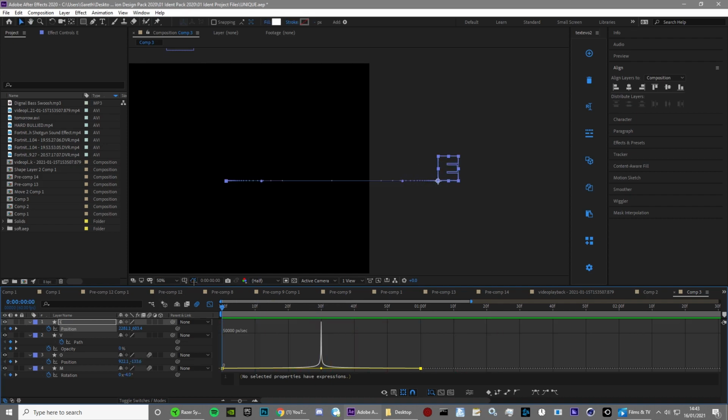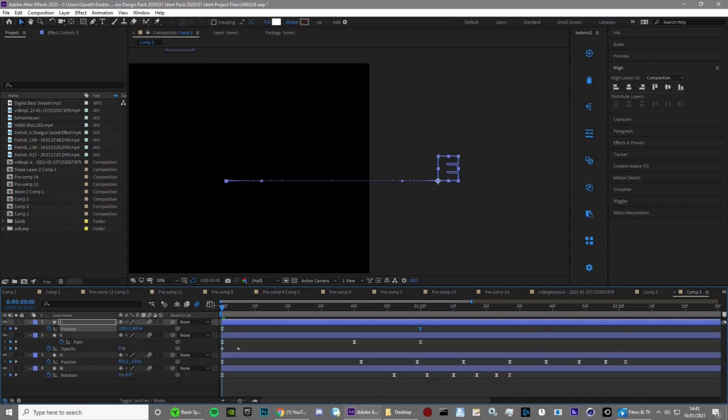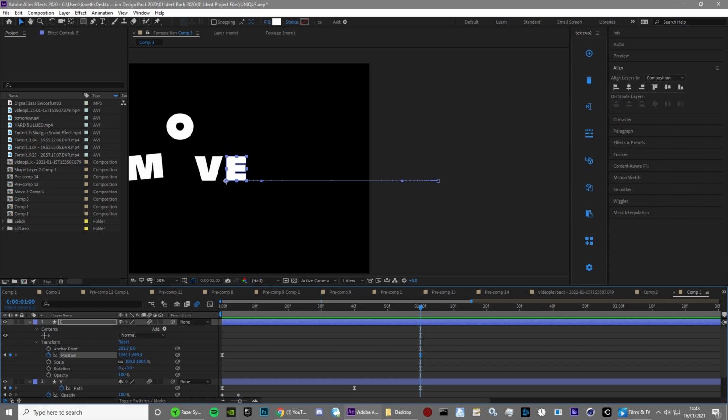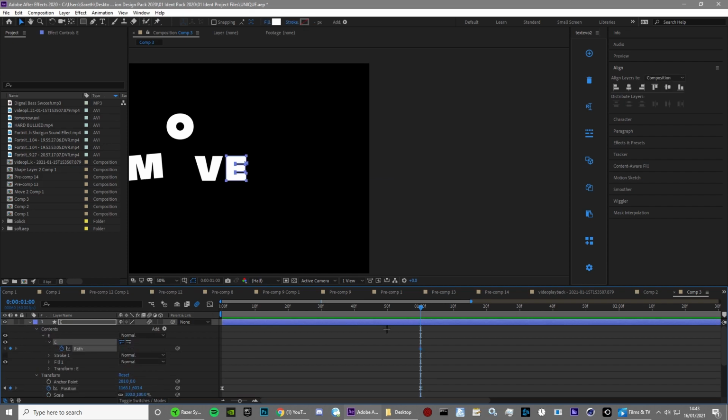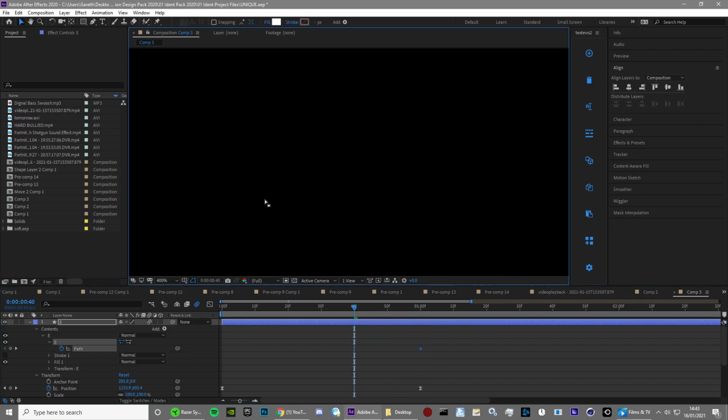So it comes in speeding like that. Then motion blur on all the layers, remember. Once you've done that, we're going to keyframe the path. So down on the arrow, contents, E, and path. Put this keyframe to about 1 second,